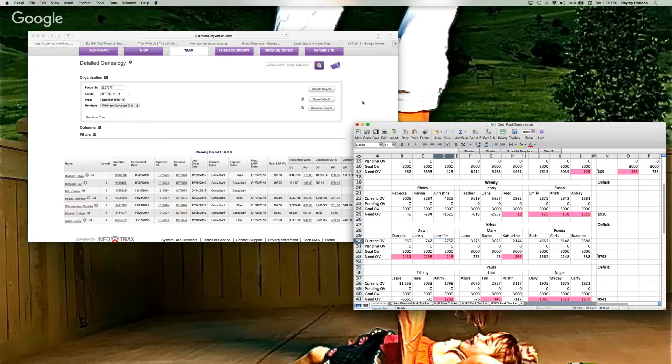I've seen a lot of leaders forget that once they qualify for their rank, whether it's silver, gold, premier, diamond, whatever it is, they forget that they should still be helping the people below them jump up another level. So if it was me, which it is, because this is my organization, I'd be talking to Chris about, okay, I know you just hit platinum and Dawn is just a new silver, but how can we work with Dawn right now and strategize so that she can get to gold? Because